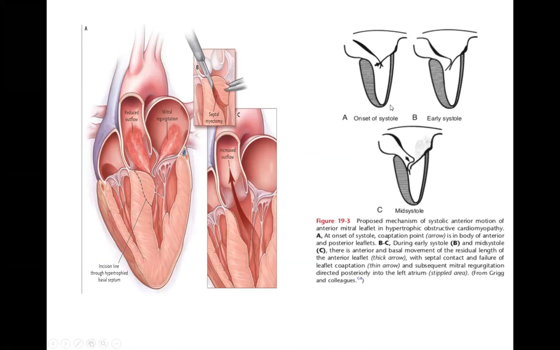Okay, so at onset of systole, you can see here that both the posterior leaflet and the anterior mitral leaflet are at the coaptation zone. However, at early systole, the anterior mitral leaflet is pushed toward the LVOT, and finally will totally obstruct the LVOT. And as you can see here, it flips this way. This is the anterior mitral leaflet, this is the posterior mitral leaflet, and this is the thickened